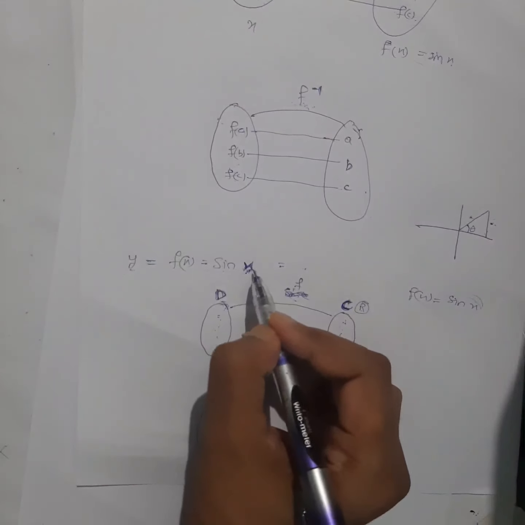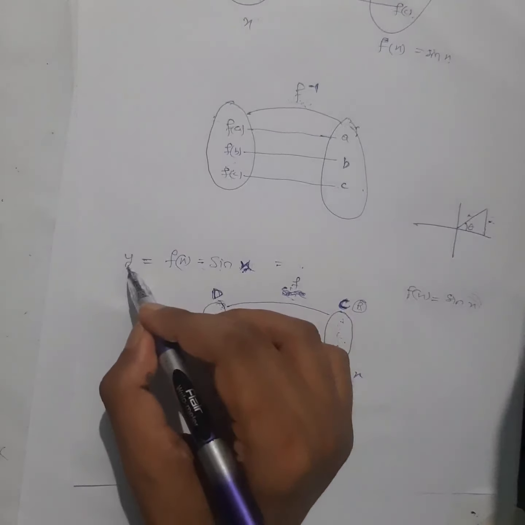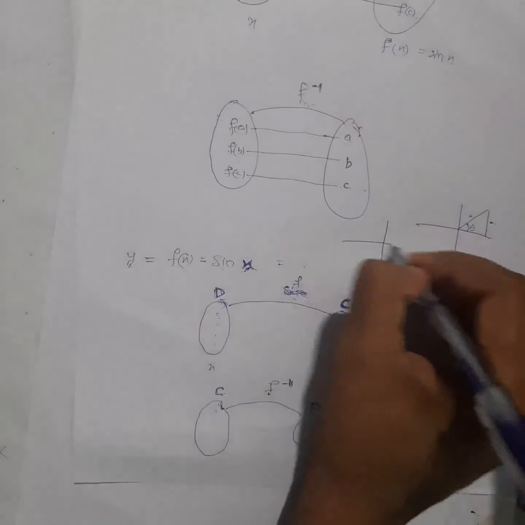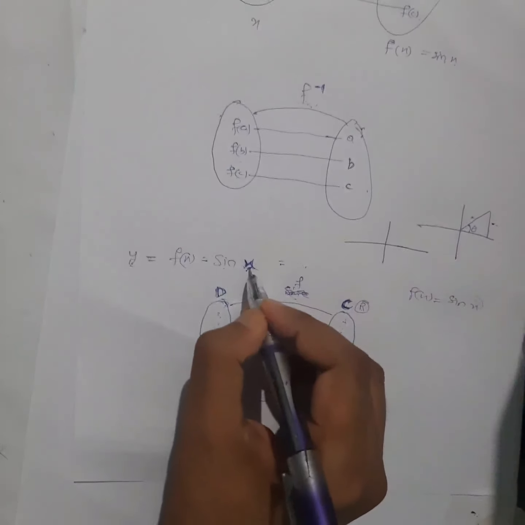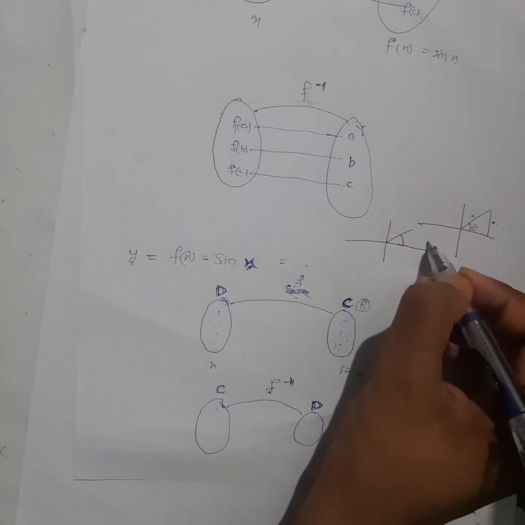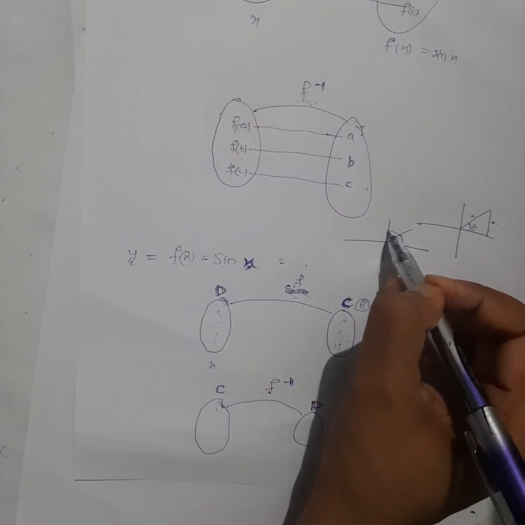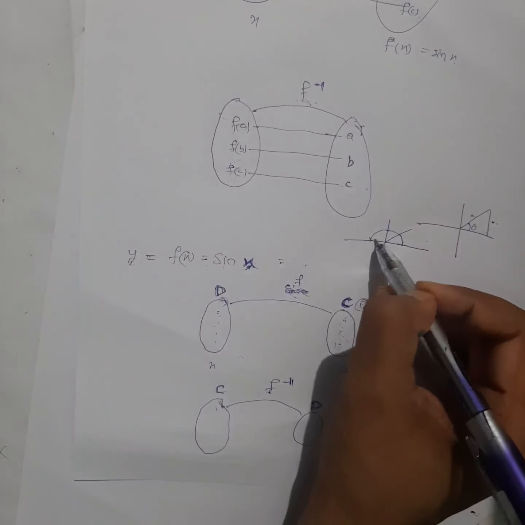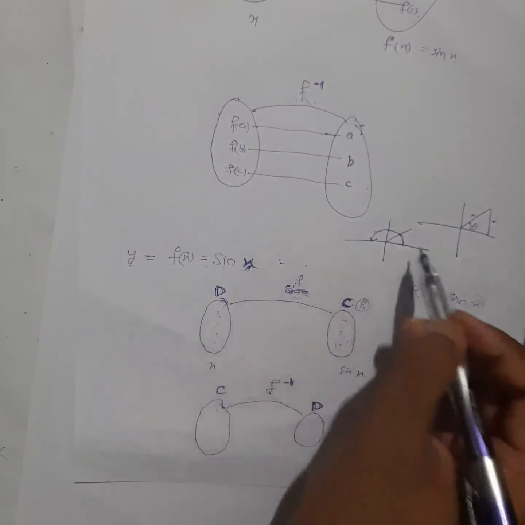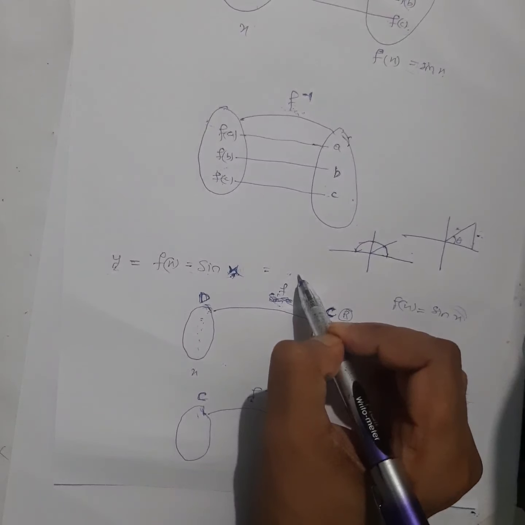Domain, very simple. What real value can I take here such that you will get a defined y value? Obviously I can take any value, right? Remember, in class 11 you studied this. What was it? Angle, right? So sine 30 was how much? Some value, right? Sine 90, some value. You remember how to find the values? Sine 180 will give you some value. Remember, this angle is nothing but this x I'm taking now. So when you take x equal to 30 degrees, you will get some real value, right?